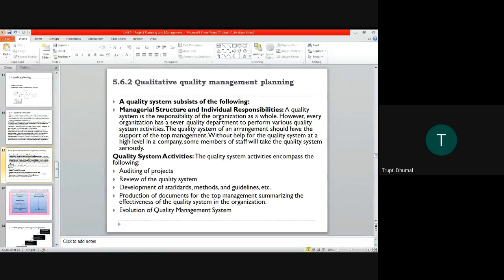And the quality system of an organization should have the support of the top management. Yes, without the help of this quality system at the high level in the company, some members of the staff will not take the quality system seriously. So there will be variation in people as well as variation in some organizations also, because sometimes this qualitative quality management planning is done by some people or some members of the staff at high level, because that product is